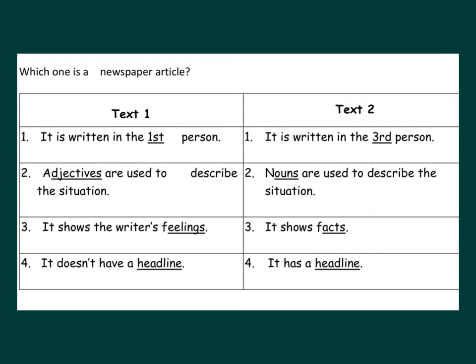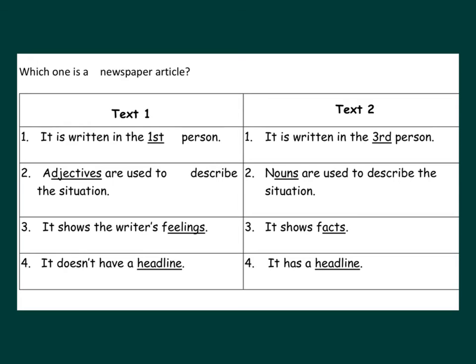Which one is a newspaper article? 第一點，喺 text 1裏邊，it is written in the first person。但 text 2呢，it is written in the third person。第二個 point，adjectives are used to describe the situation。喺 text 2呢，nouns are used to describe the situation。